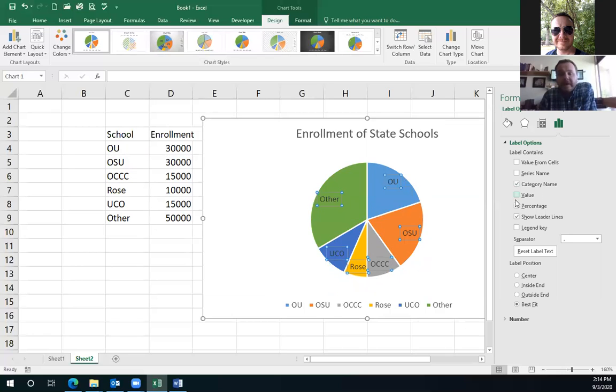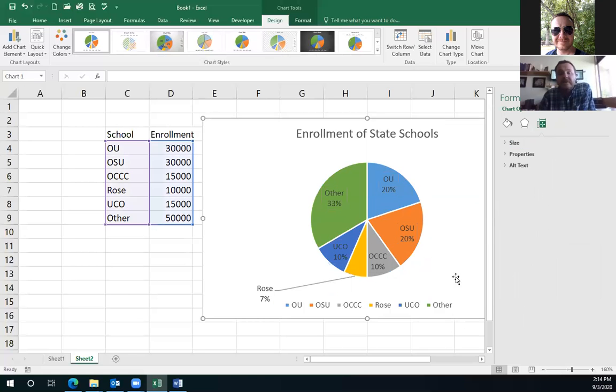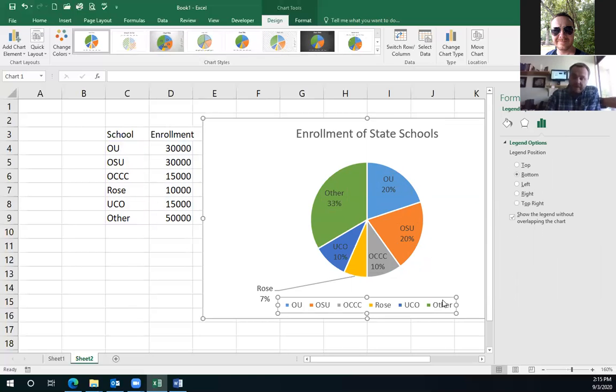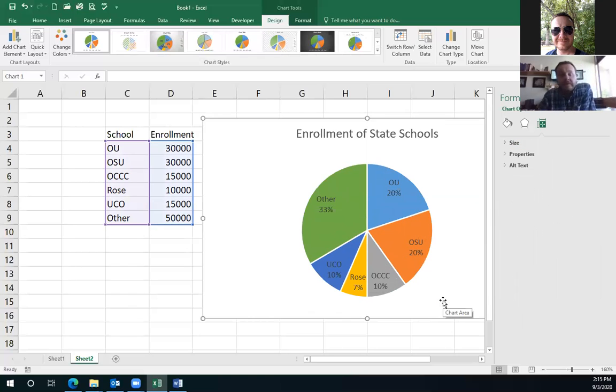I'm going to pull the value off. Maybe you want to see the percentage, though. Okay? So now I don't have to come down here to this legend and match color to color, which, with this few of colors, I do okay. If you've got a bunch of colors, it can be a real struggle sometimes. So that's something I do personally because I know it helps me and it's going to help anybody else that